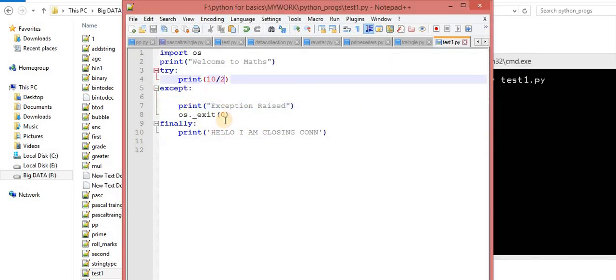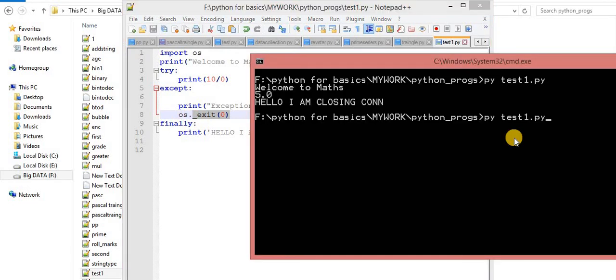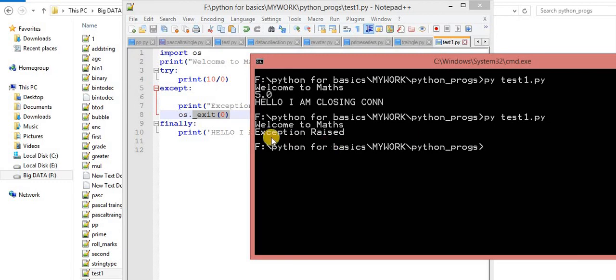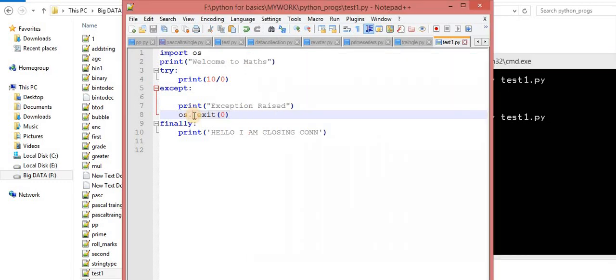Now observe the scenario, exception raised. So this question can be asked in the interview room. Now the exception is raised, and the control is moved over here. What I used to terminate the program is exit, which means completely close everything. So this finally won't happen. Exception raised and your program is exited over here.